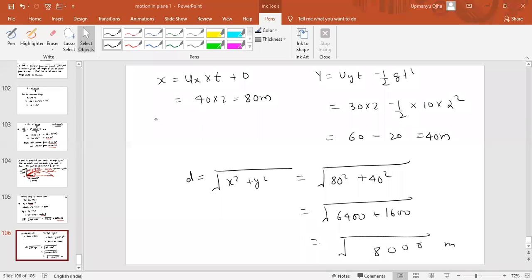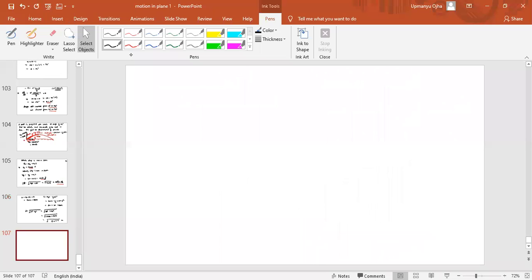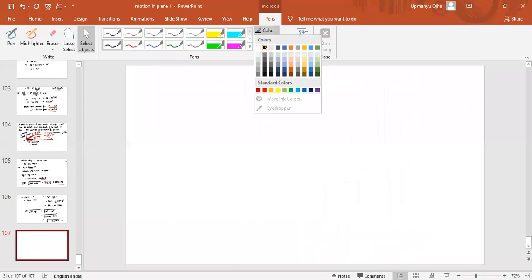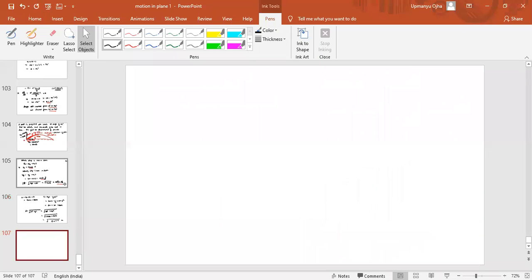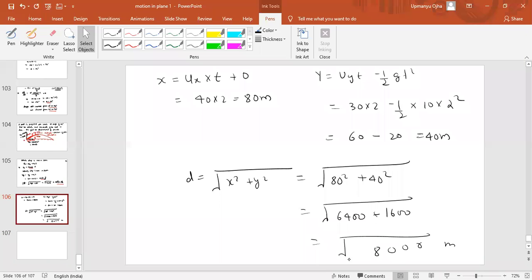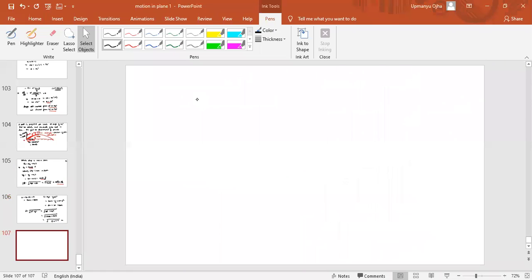Okay, fine. Now next problem. You can simplify root 8,000. I left the question here itself. You can further simplify 8,000. No problem. Okay, fine. Now next problem is that